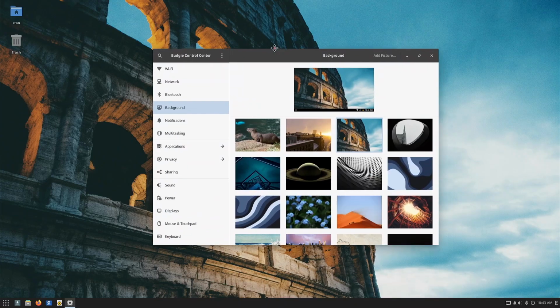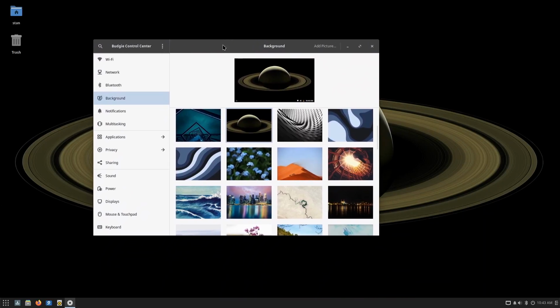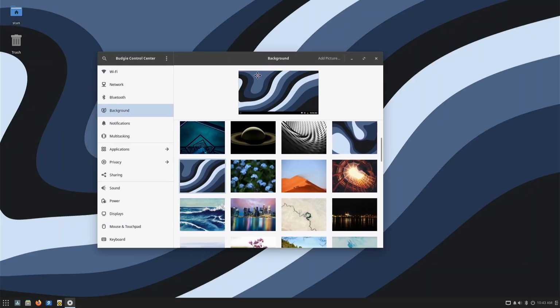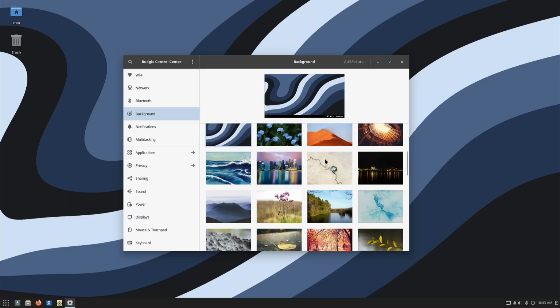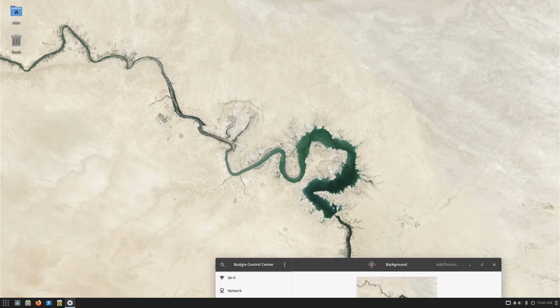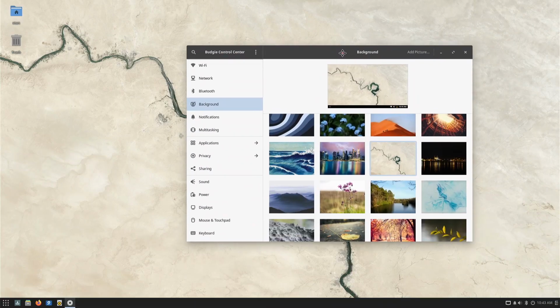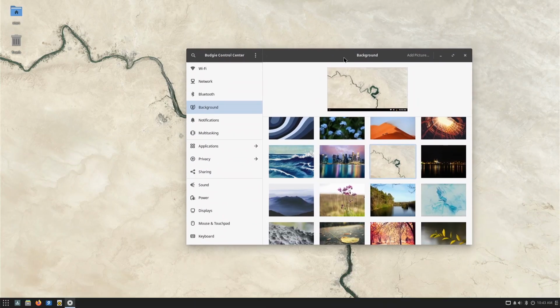Roman Colosseum. Really nice pictures in here. I believe that's Saturn. Something a little more abstract. I believe this might be the River Shannon. So when